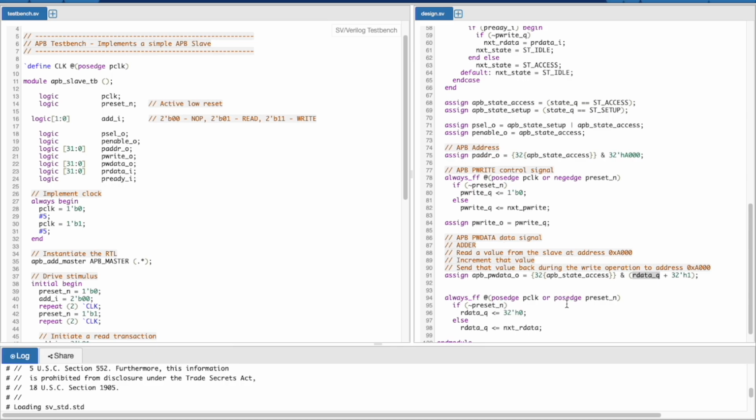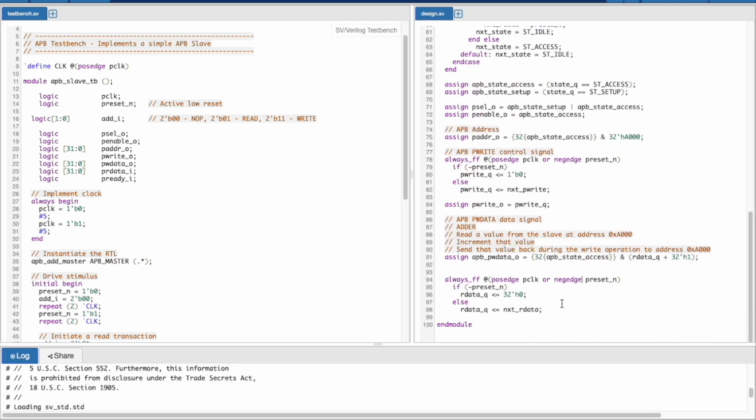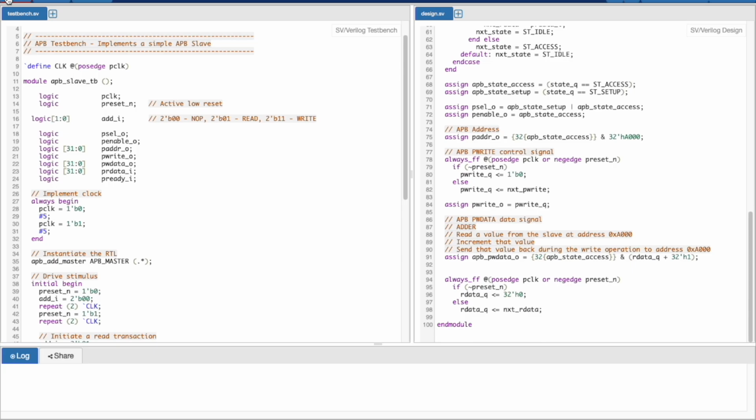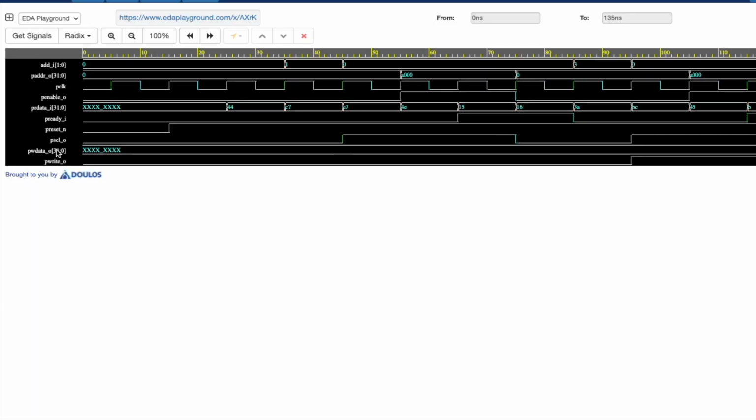So we have a posedge here. So now at least, I think this should fix it. So now our P write data is still X. Okay.